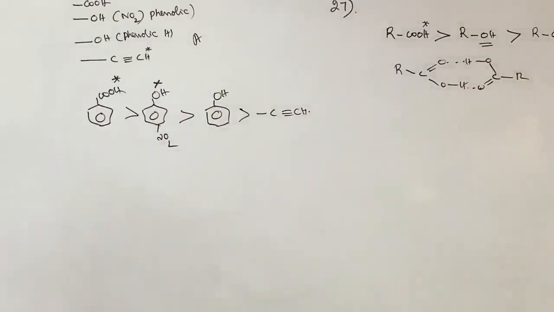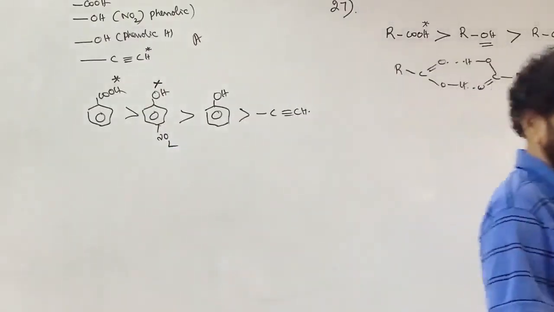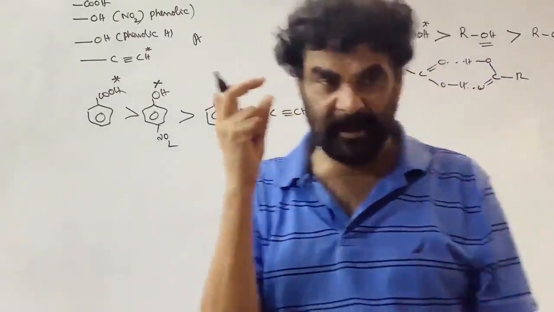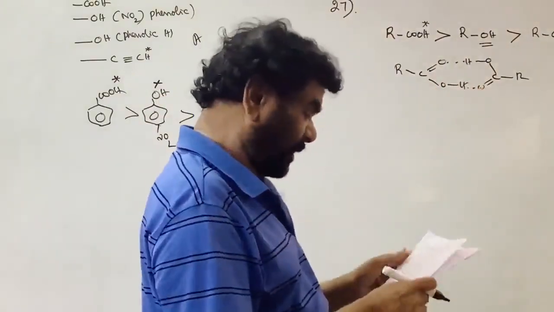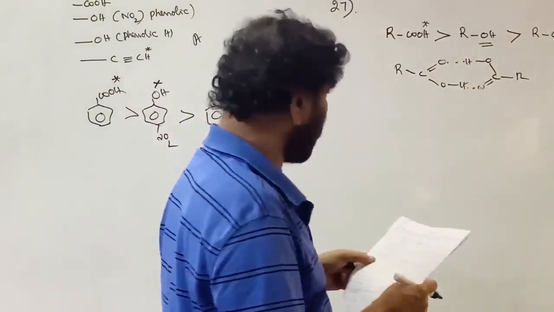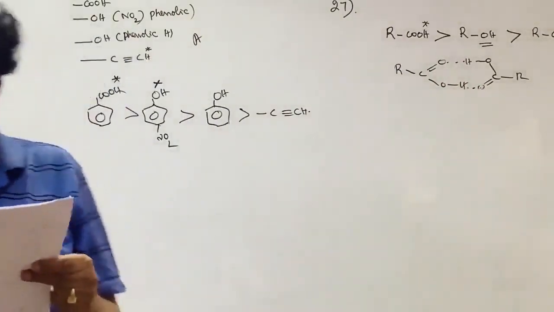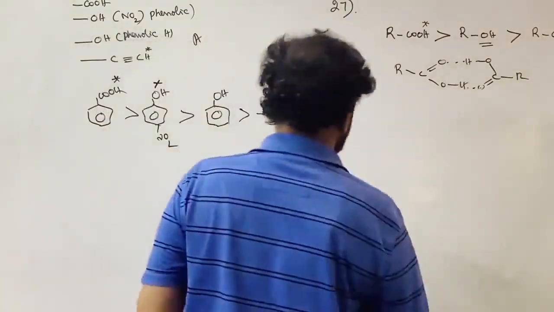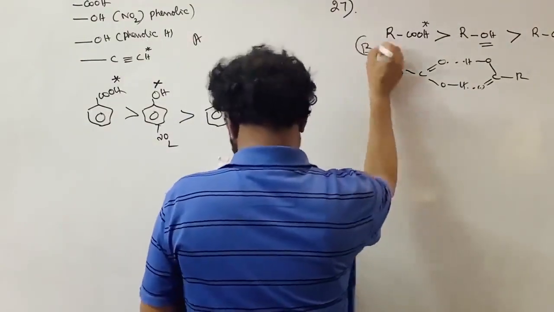In the liquid state and in the vapor state, they exist in the dimeric form. Because of the dimerization, they have the higher boiling point, since the particle that has to fly has a higher molecular weight as a dimer. Therefore the order is carboxylic acids highest, next alcohols, and least is aldehyde. So B is correct.